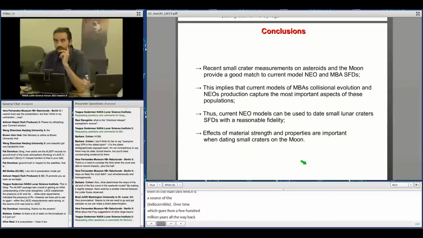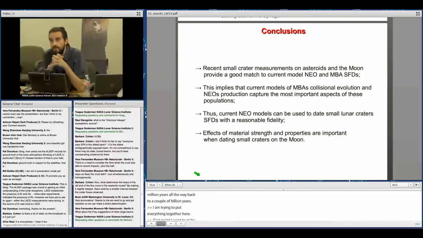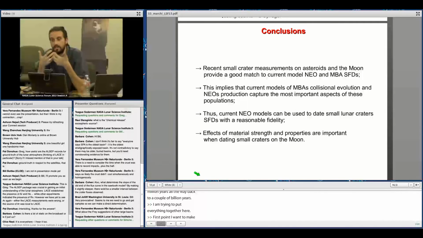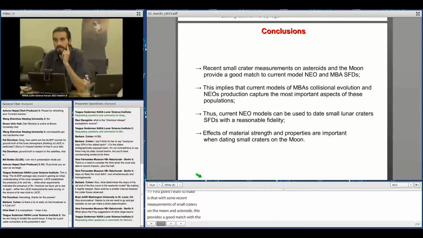And here I'm trying to put everything together. The first point I want to make is that we did some recent measurements of very small craters on both the moon and the asteroids, and this provides a good match with the current NEO and main belt size frequency distribution as derived from modeling work. Therefore, this implies that the current dynamical and collisional evolution model for the main belt, and therefore for the NEOs, basically captures most of the physics that needs to be taken into account,